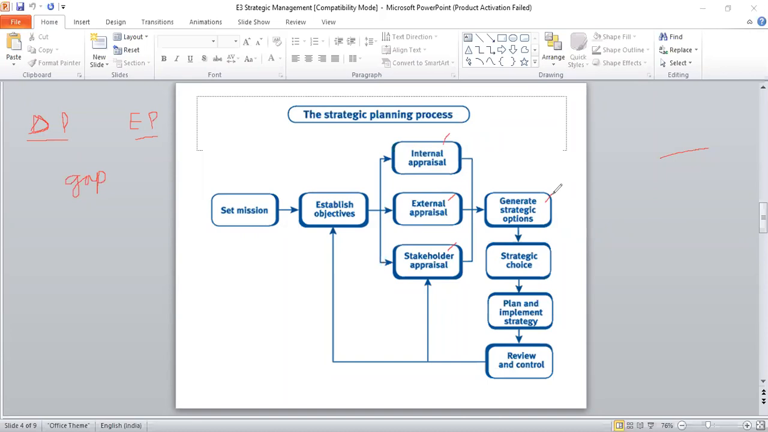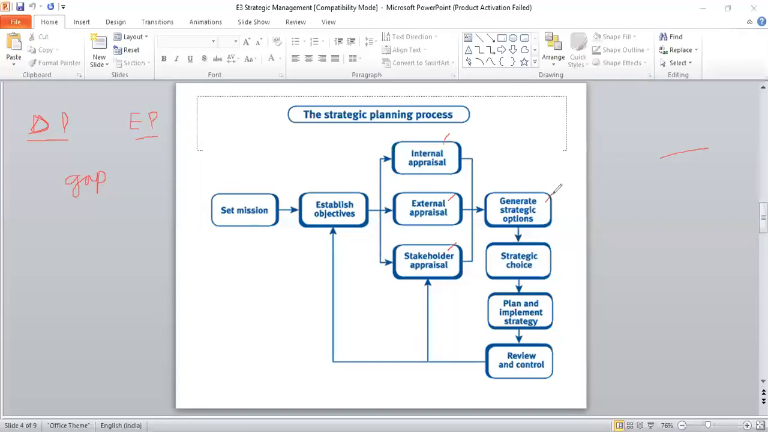Now, the plan is decided, the course of action is decided, and the implementation comes into the picture. When the implementation comes into the picture, then the actual plan is implemented. If just implementation is done, it is not